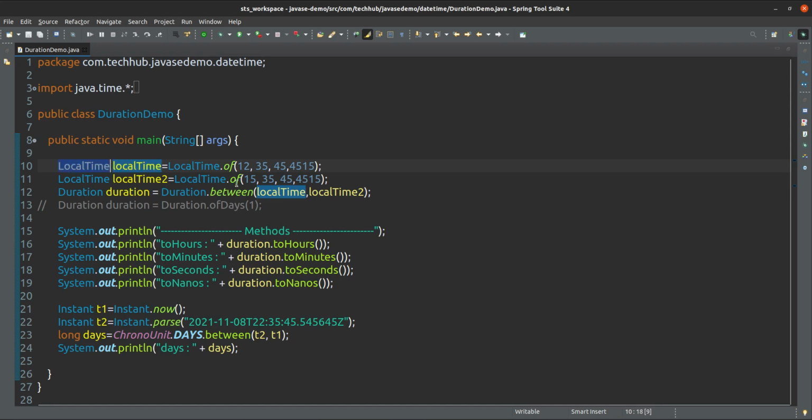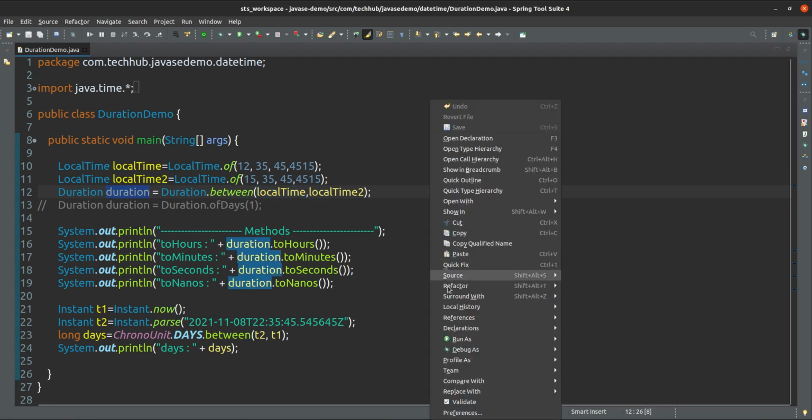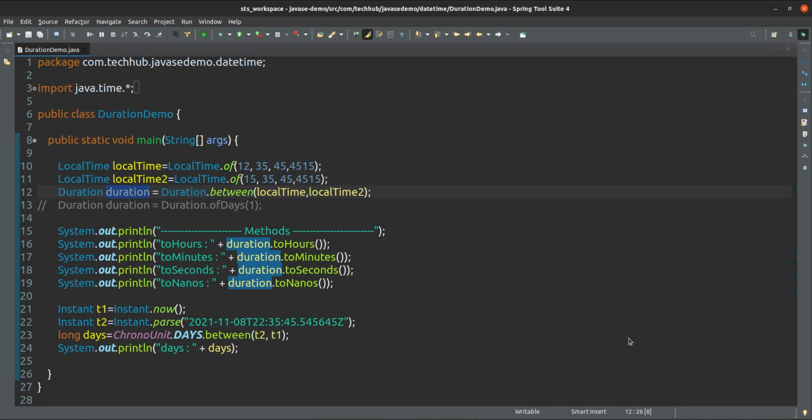So local times, first time we have created this one, 20 or 35 seconds. This is the minutes and seconds, and this is the nanoseconds. So how much duration is there between that? So if I run this one, you will see.